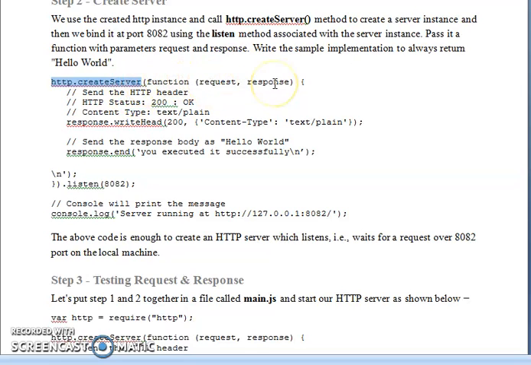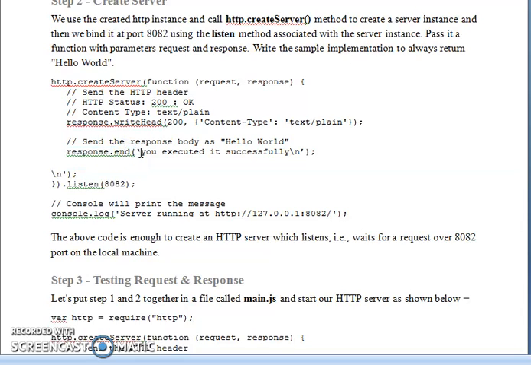It takes request and response parameters. So this response.writeHead means your response code is 200, and as all of us know, in the HTTP header the status code 200 is OK. OK means the connection with the server is established successfully, and the response is being sent in plain text format, and we are going to send this response with the response.end function.